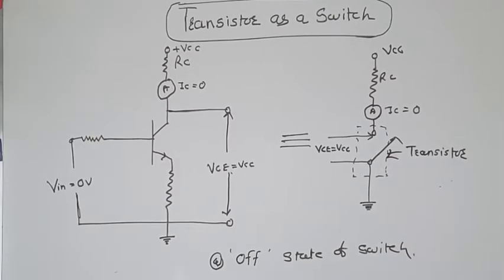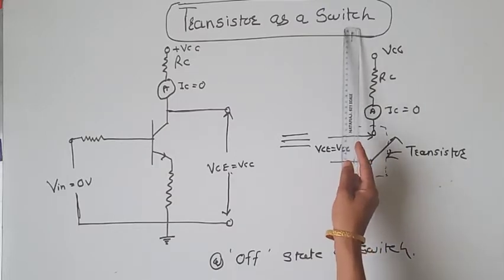In this chapter, up to this point, we learned the basics of transistor, the operating principle of transistor, and the configuration of transistor. Now, I am going to explain the application of transistor. What is meant by application? Where the transistor is used and why it is used. So let us see the first application, that is what?